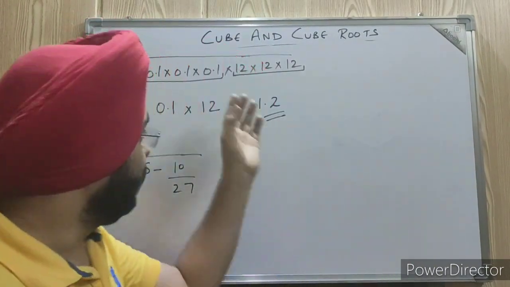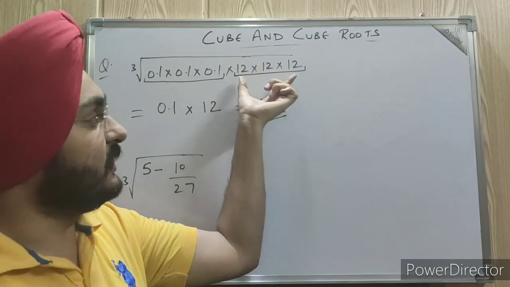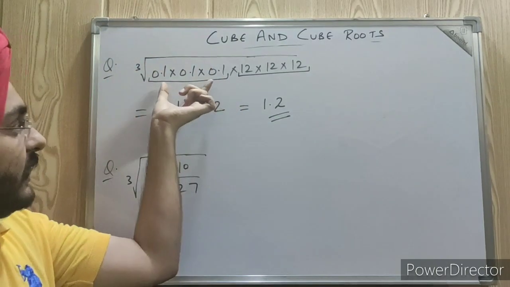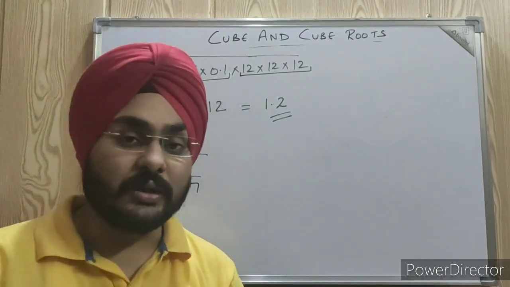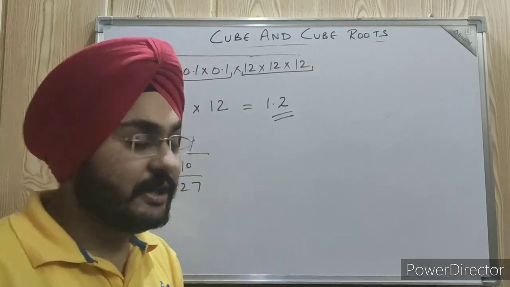No need to do the prime factorization of this now. So since the triplet is formed, just take the triplet out directly. Here again, just take the triplet out here. So I hope if these types of questions come, you can easily solve them now.